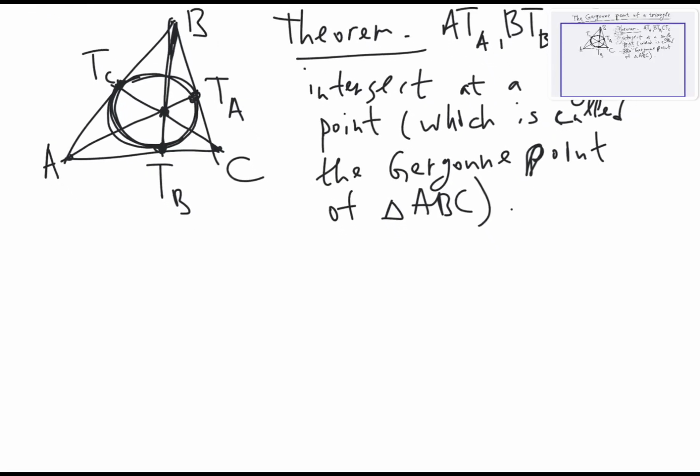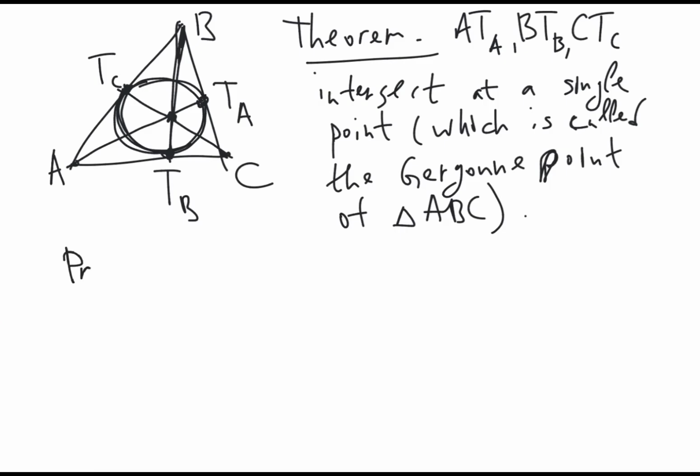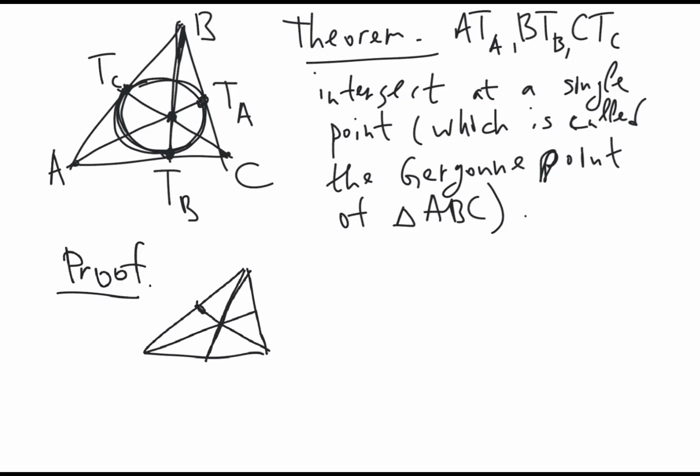So the proof is actually quite simple. Well, it's simple if we use Ceva's theorem. So it's a simple corollary of Ceva's theorem. So Ceva's theorem is a criterion for when exactly three segments like this, or rather the lines connecting the vertices of the triangle with some points on the opposite sides or on the extensions of the opposite sides, intersect, and it says that